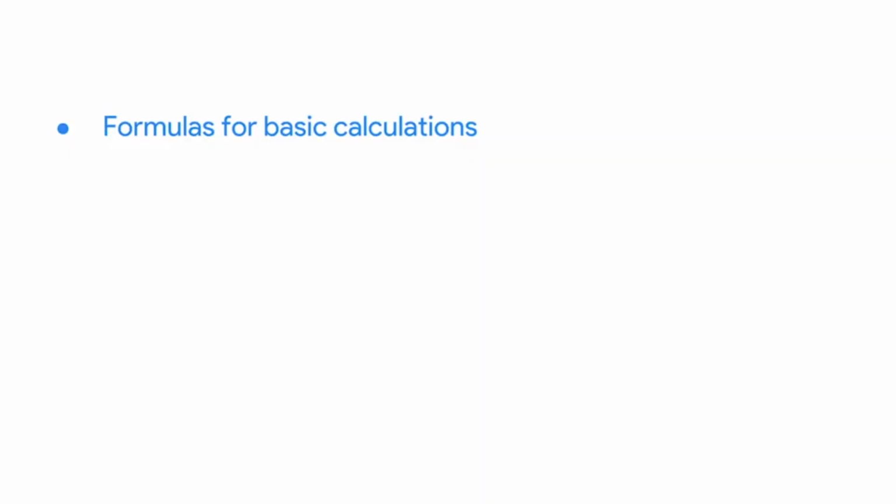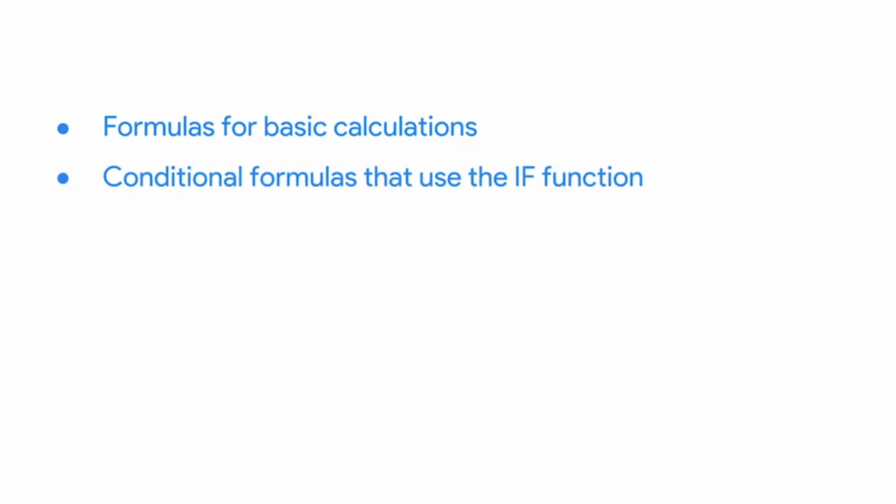Over the next few videos, I'll show you some ways to be as efficient as possible while completing calculations during your analysis. We'll start by revisiting spreadsheets, where we'll look at formulas for basic calculations. Then we'll move into conditional formulas that use the if function to check whether a condition is met through a calculation. After that, we'll explore the multifunctional SumProduct function. Try saying that 5 times quickly. SumProduct adds and multiplies all in one step, so it's very useful.